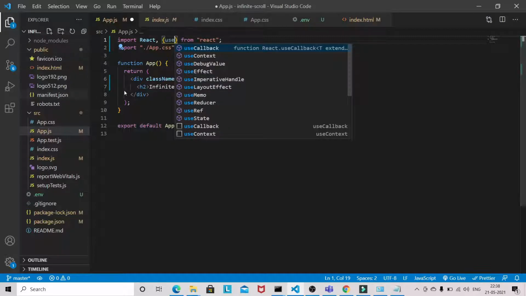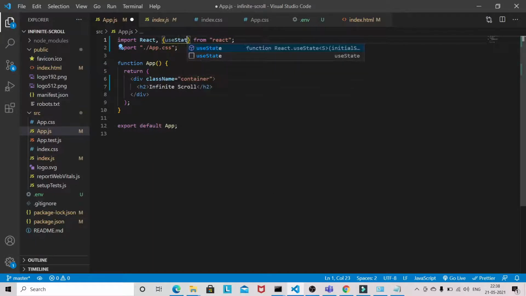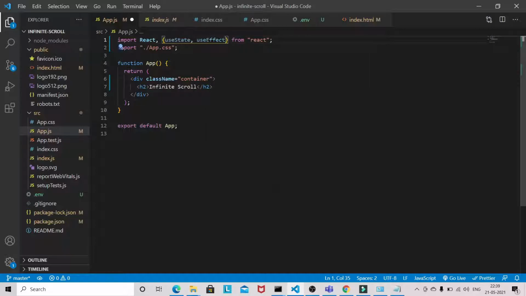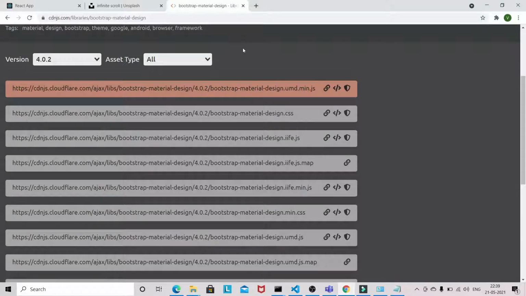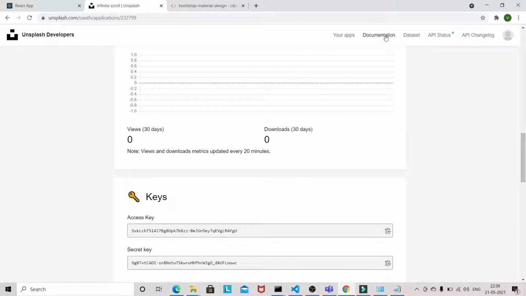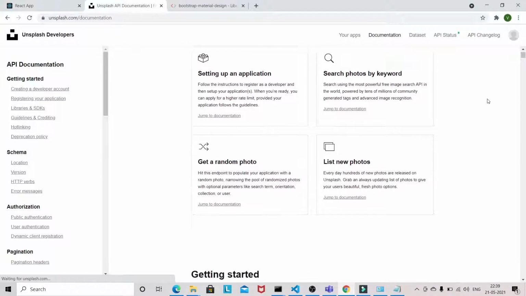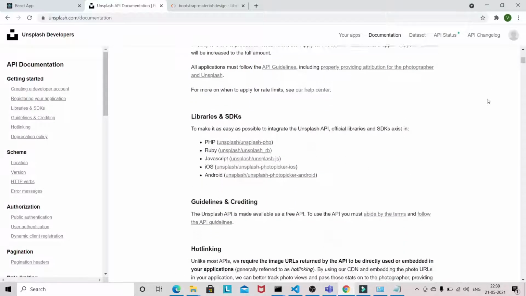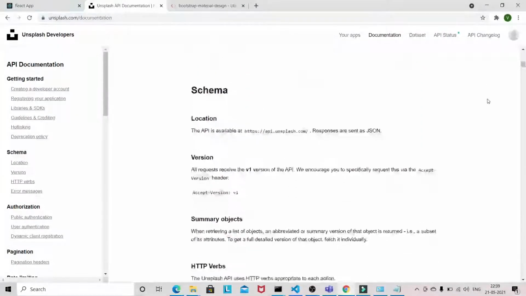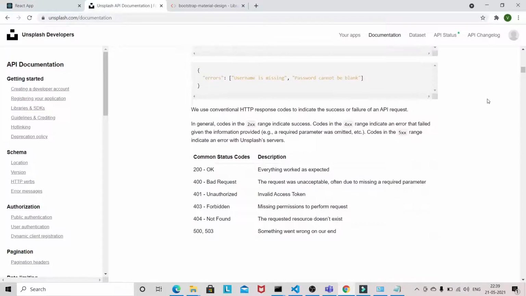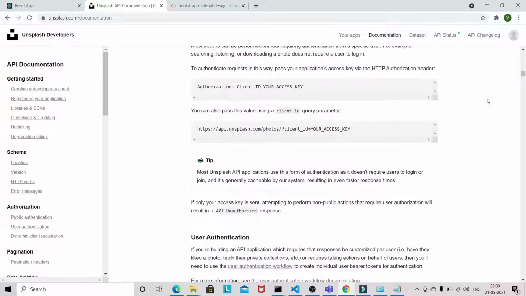Before I start implementing this infinite scroll, I have to go back to the documents in Unsplash. In the documents, scroll down. I'll show you the APIs which we are going to use. This is the first API, which we use to get a random photo.